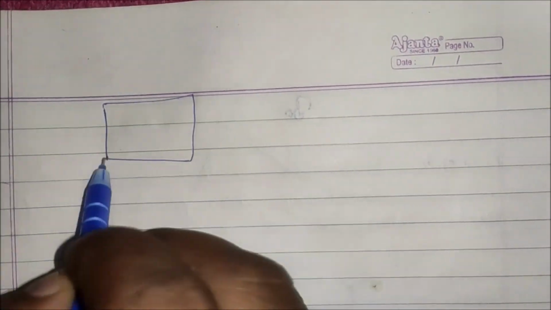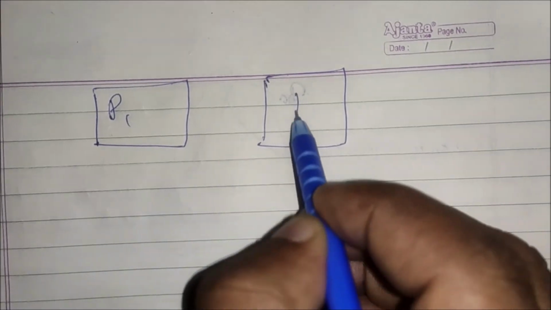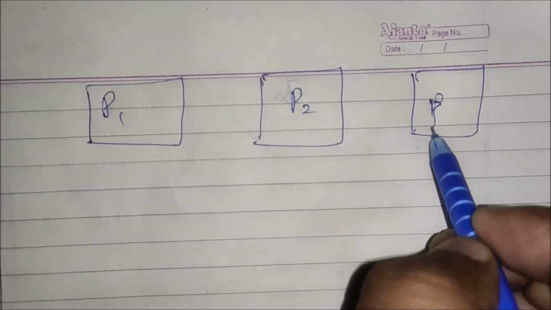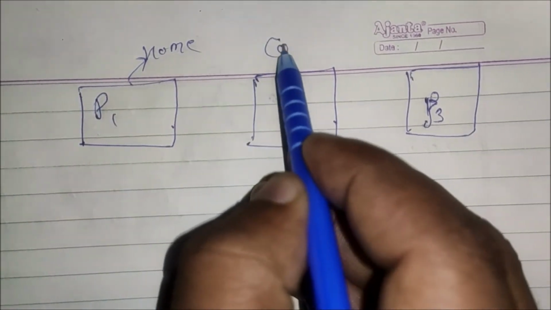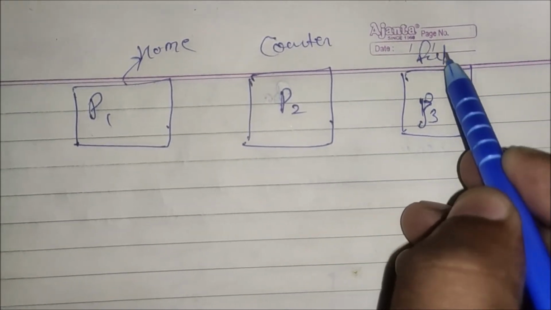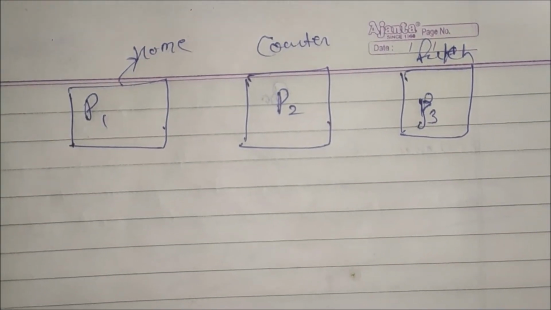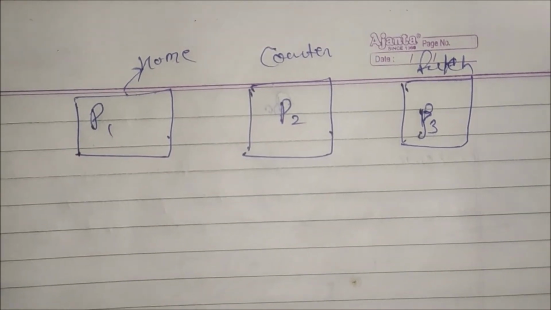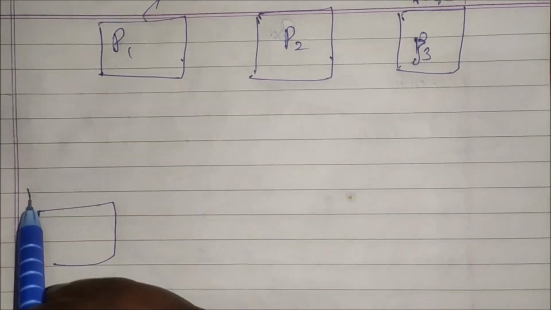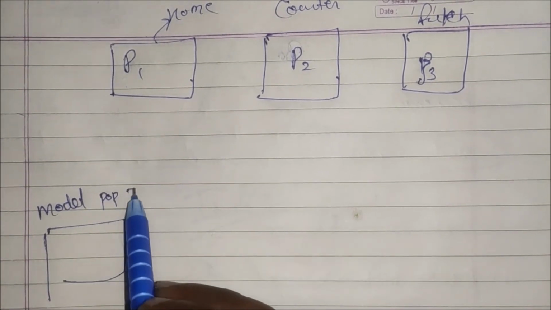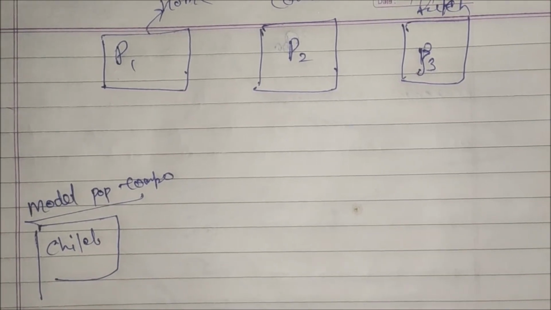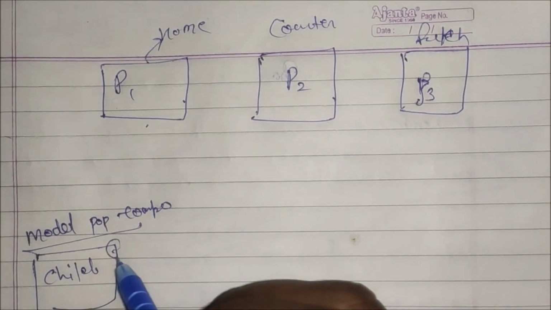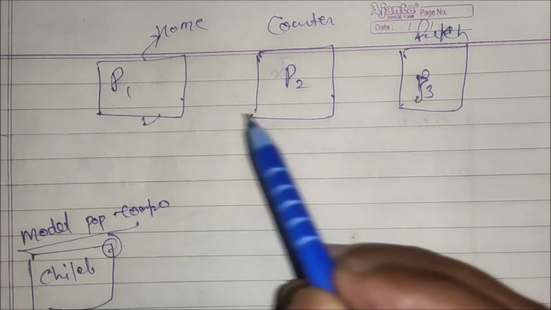Before sharing values from parent to child, we have to know the working flow and the relation between parent and child. You can see here three different components, P1, P2, P3. These are parent components, you know them very well: home, counter and fetch data. We are using three different components in this project, and the fourth one is the child component, that means the model pop-up component. My target is to call this component generically from P1, P2, P3.